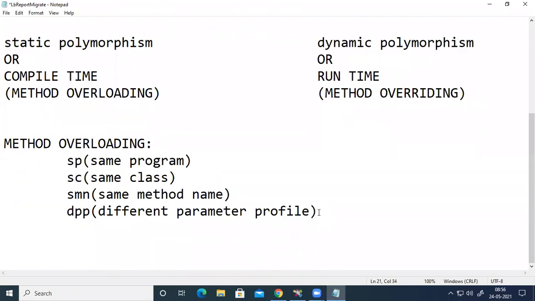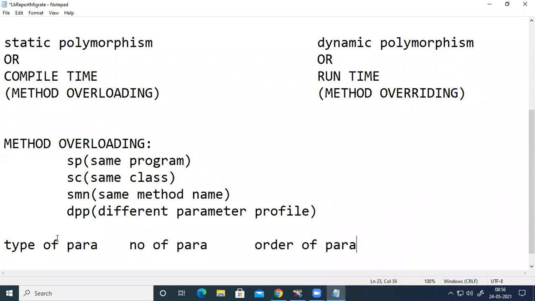So different parameter profile in the sense, there may be difference in terms of type of parameters or number of parameters, and then order of parameters.